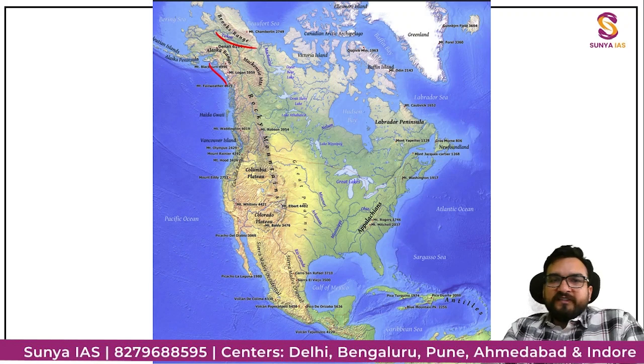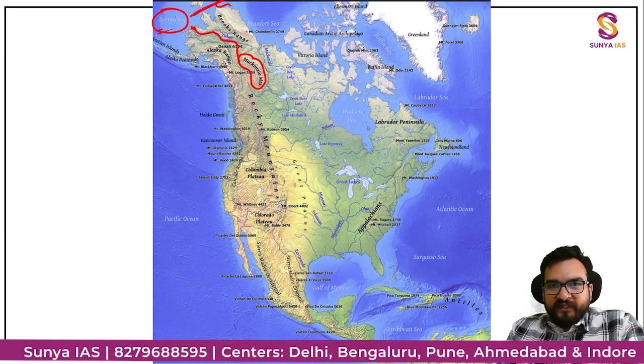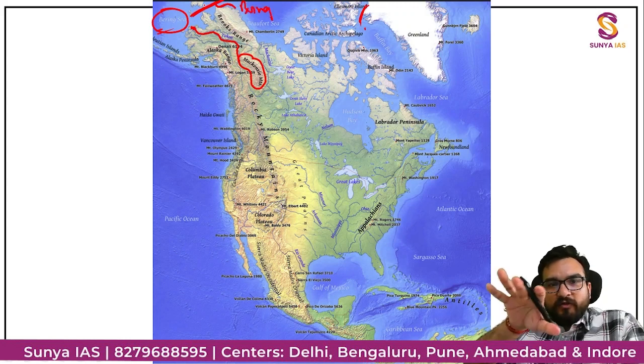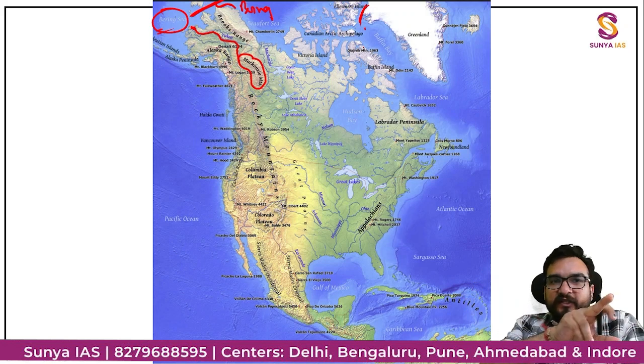ठीक है? Now let us see the rivers, guys. ये आपने mountains cover कर लिया. Now we will see rivers. ठीक है? Try to see over here that from Mackenzie Mountains, one river named Yukon will be going like this, guys. Over here in this particular Pacific Ocean, you can see, or Bering Sea, right? और यहाँ पर एक और स्ट्रेट which we have missed. स्ट्रेट हमने पढ़ी थी ना, Davis Strait and all. यहाँ पर आप एक और स्ट्रेट याद रखें, that is Bering Strait. And Bering Strait is separating this particular North America continent and Russia, Asia part, right, guys?